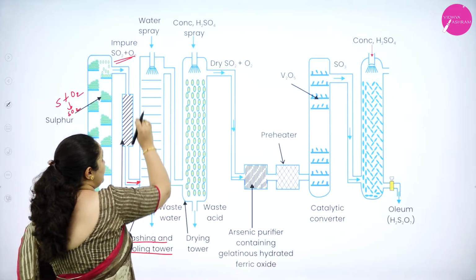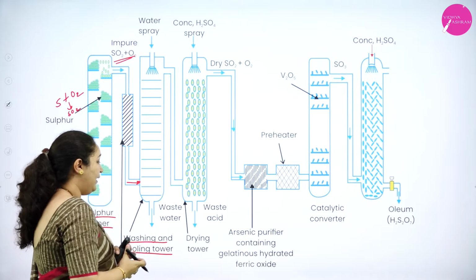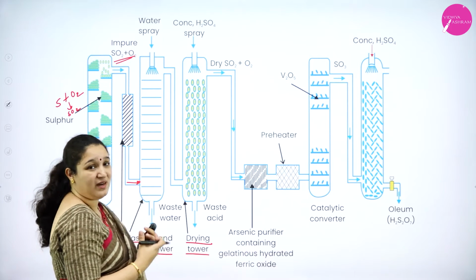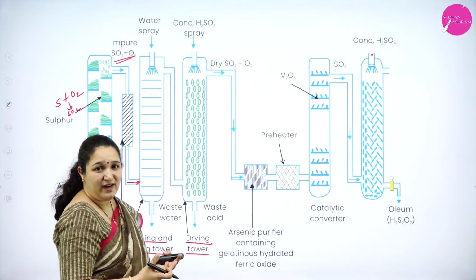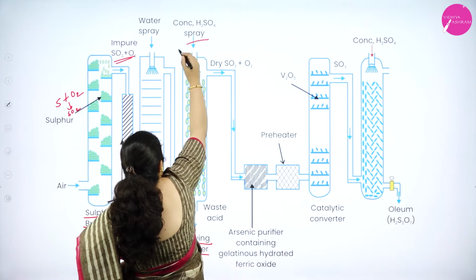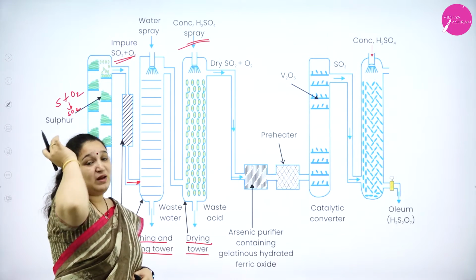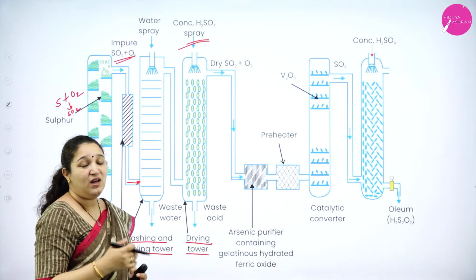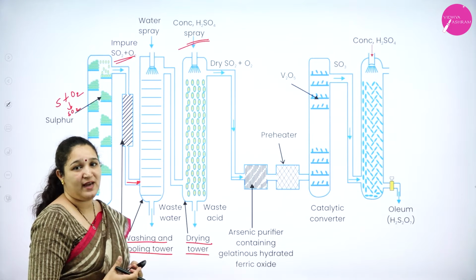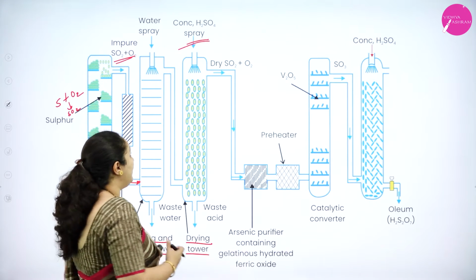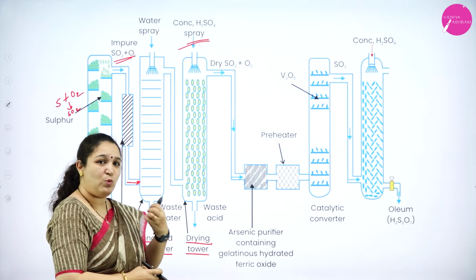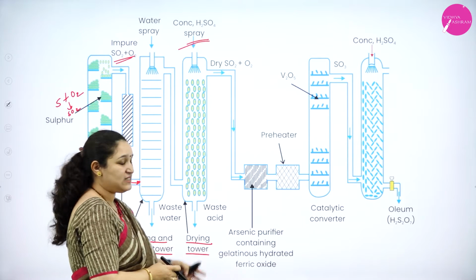Next, this particular gas now is a little wet, so it is passed through the drying tower. Because you're sprinkling water, it is not completely dry, so we need to dry it. So we pass it through the drying chamber in which concentrated sulfuric acid is sprayed. Now you might ask me, ma'am, sulfur dioxide is there, oxygen is there, will it not react with sulfuric acid? No, because we don't have the conditions which are required for the reaction. Thus the reaction will not happen here. So whatever moisture is there, sulfuric acid is a very good dehydrating agent. Moisture is completely pulled out and the waste acid is removed.